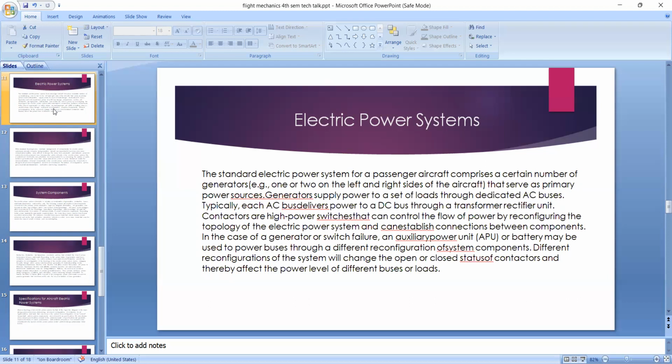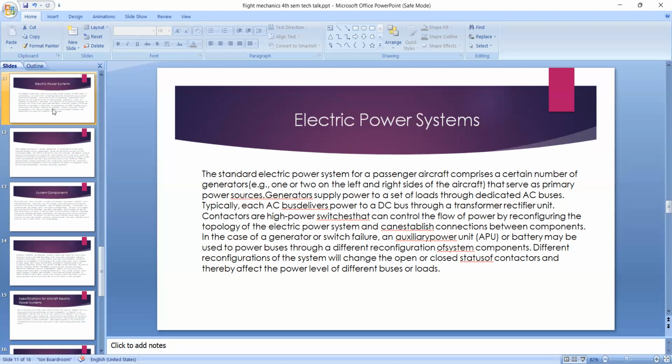Typically, each AC bus delivers power to a DC bus through a transformer rectifier unit. Contactors are high power switches that can control the flow of power by reconfiguring the topology of the electric power system and